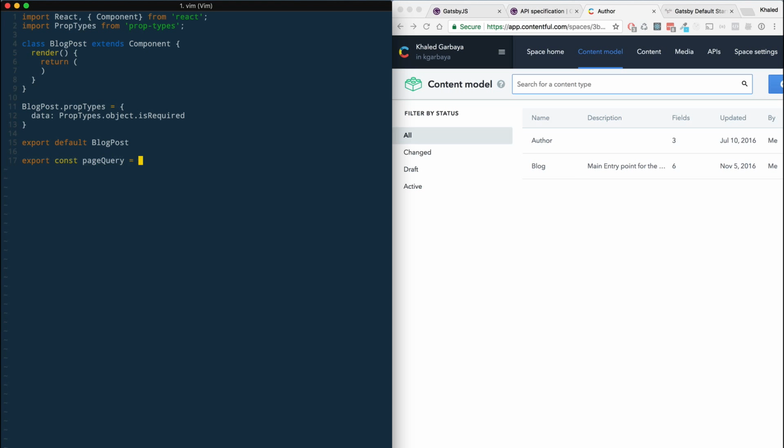This will be a template string with the tag graphql, and then here we do query BlogPostQuery. So this is basically just us defining this function name. It could be anything. So this will accept a slug of type String,